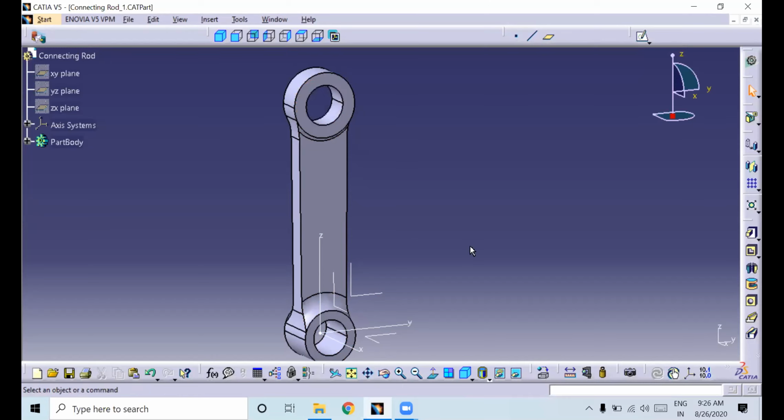So we can find out the static structural analysis, the buckling analysis also, and then we can do a modal analysis.